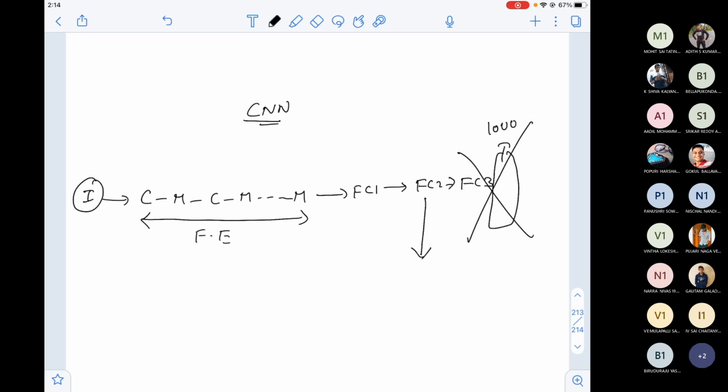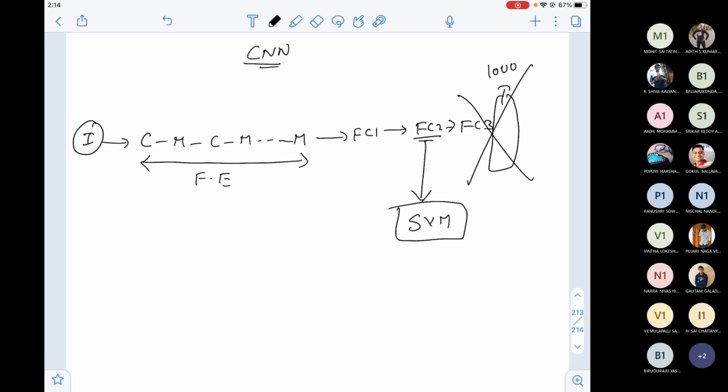So what we do is we take this last fully connected layer and give it to an SVM classifier. Again, a new notion. You know support vector machines, right? This support vector machine classifies the object that was given as input, the cropped image, the image that was in the box, given as input to CNN. Then it is sent to FC1, then FC2, whatever representation you have.